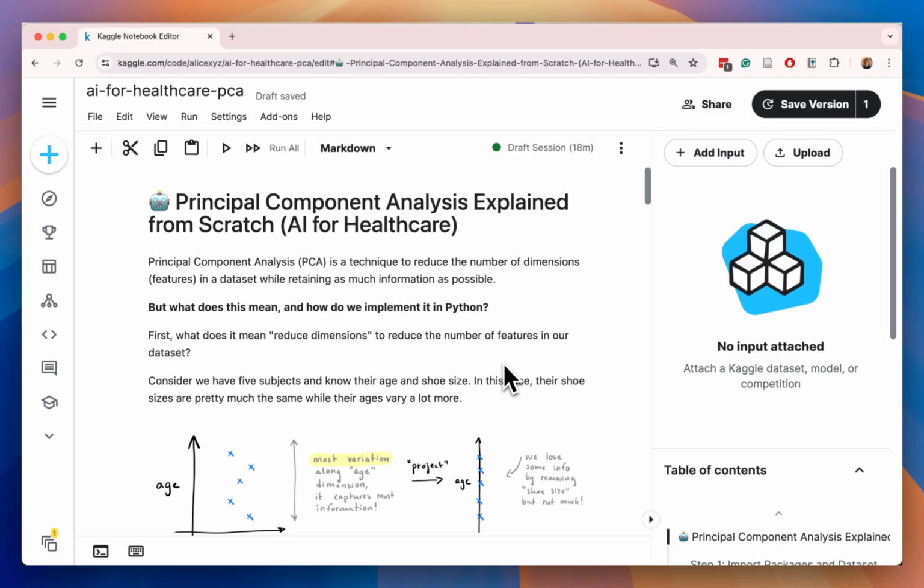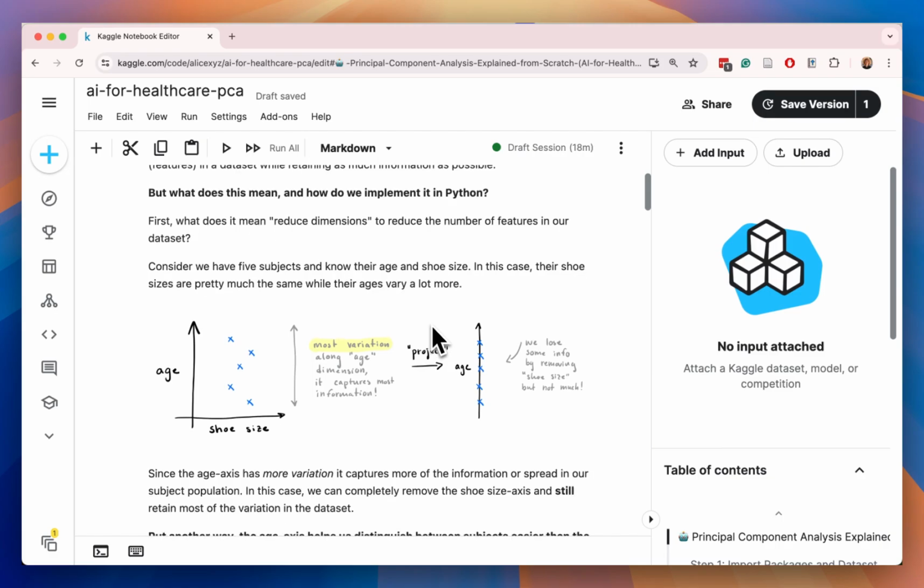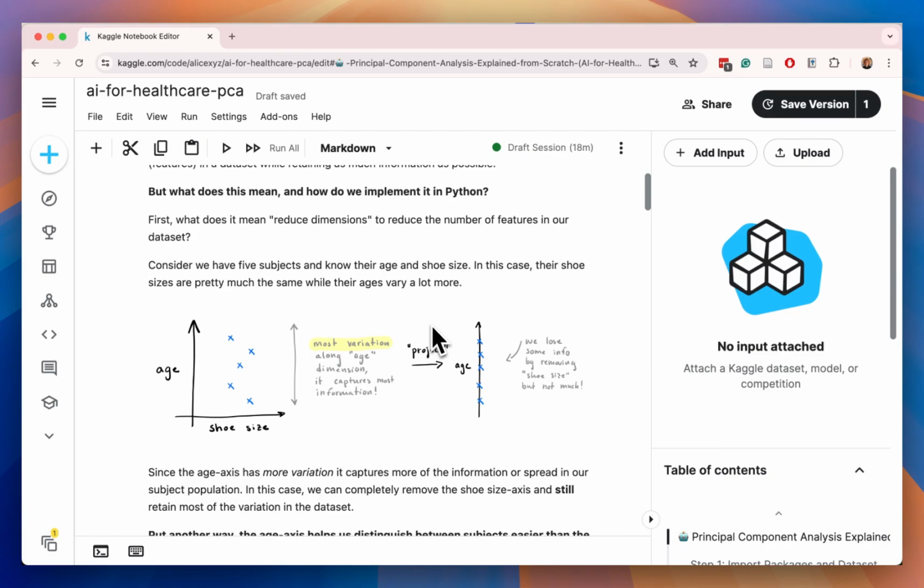Principal Component Analysis, or PCA, is a technique to reduce the number of dimensions or features in a dataset while retaining as much information as possible. But what does this mean and how do we implement it in Python? First, we need to ask, what does it even mean to reduce dimensions or to reduce the number of features